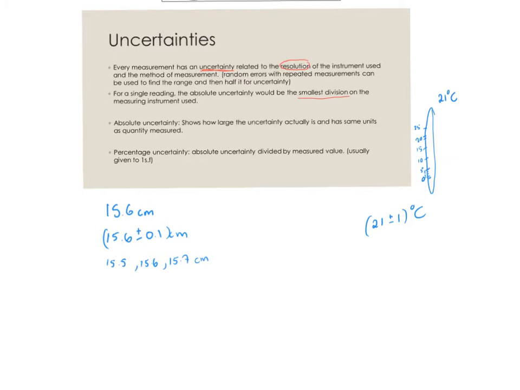So there will be questions asking you to state uncertainties on your own. For example, for a single reading, let's say the temperature reading that we were talking about here, the absolute uncertainty will be the smallest division on the measuring instrument used, like we showed in this example. But if you make repeated measurements, so let's say I recorded